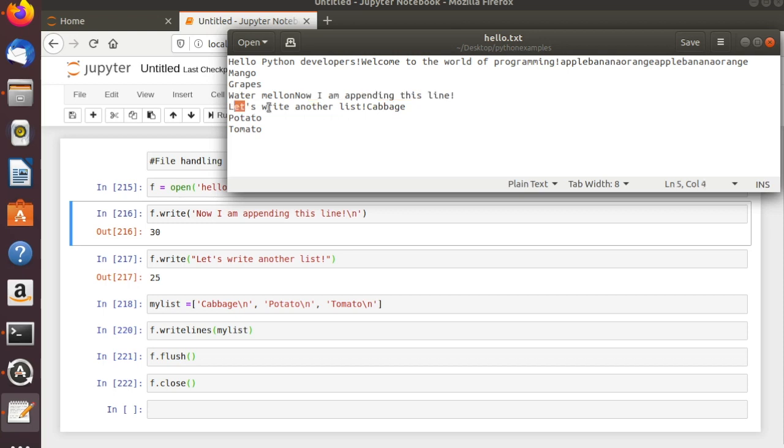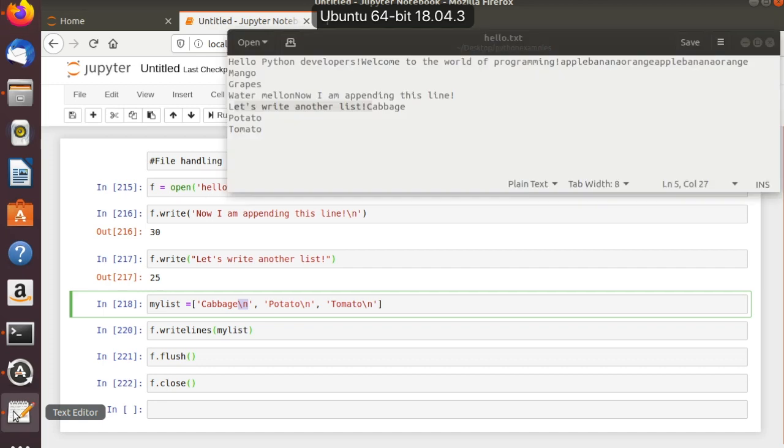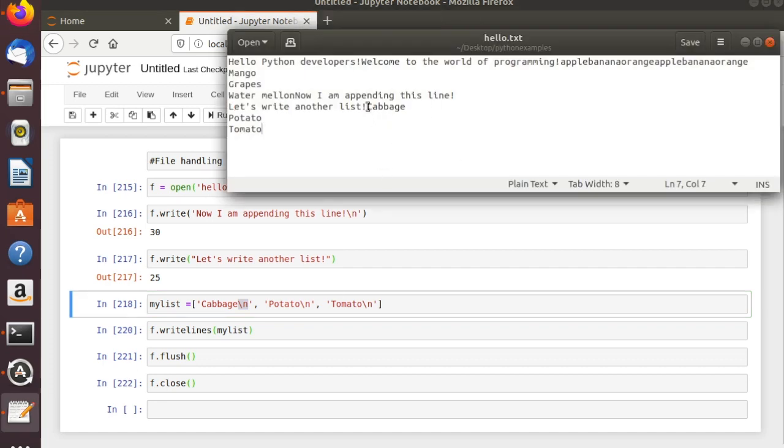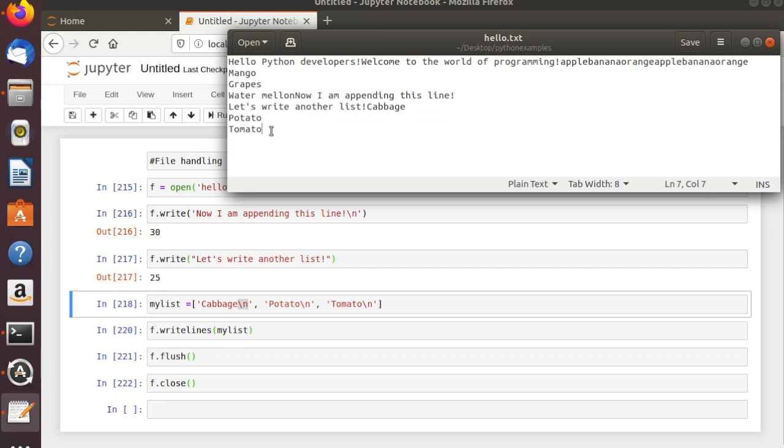After then this particular line, right? Let us write another list. After this C in cabbage, I have given backslash n here at the back. So in this particular file, cabbage is written here. However, the other two vegetables are written in proper lines. So you have to take care while you write